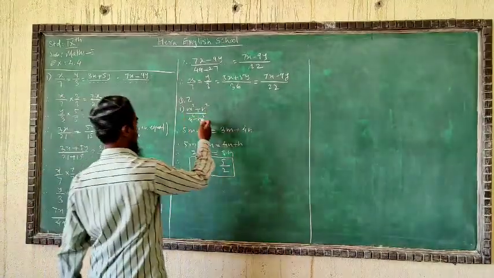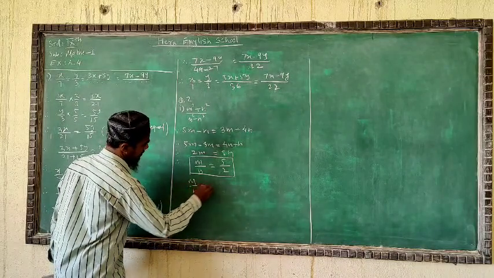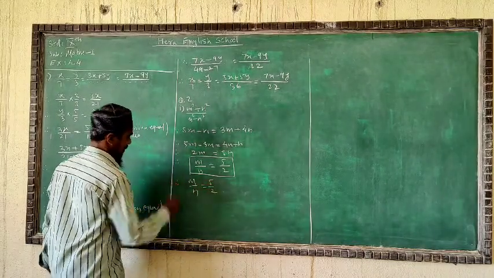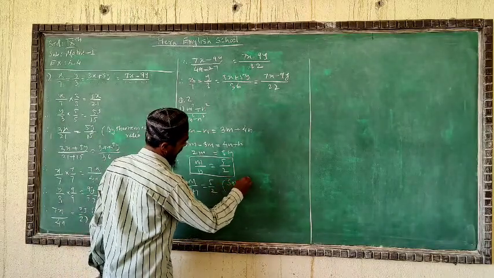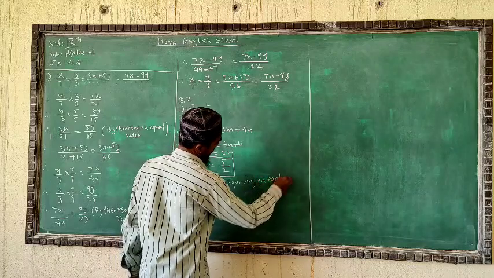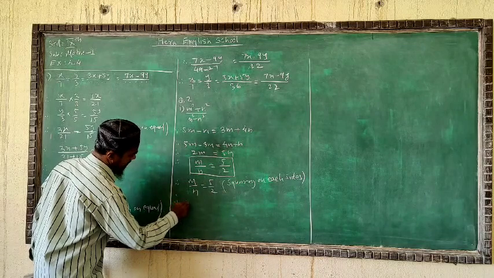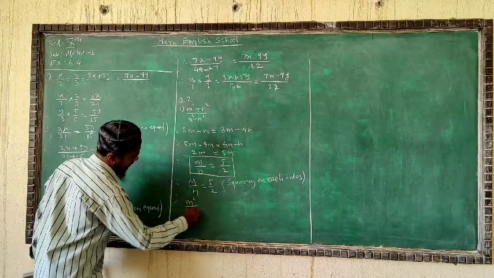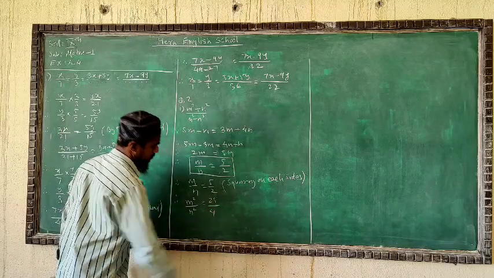Now continue. Here we have the m square and n square. So we'll continue this one. m upon n is equal to 5 by 2. Taking square on each side, you can write squaring on each side directly, and you will get m square upon n square. Square of 5 you will have here 25 and square of 2 is 4.